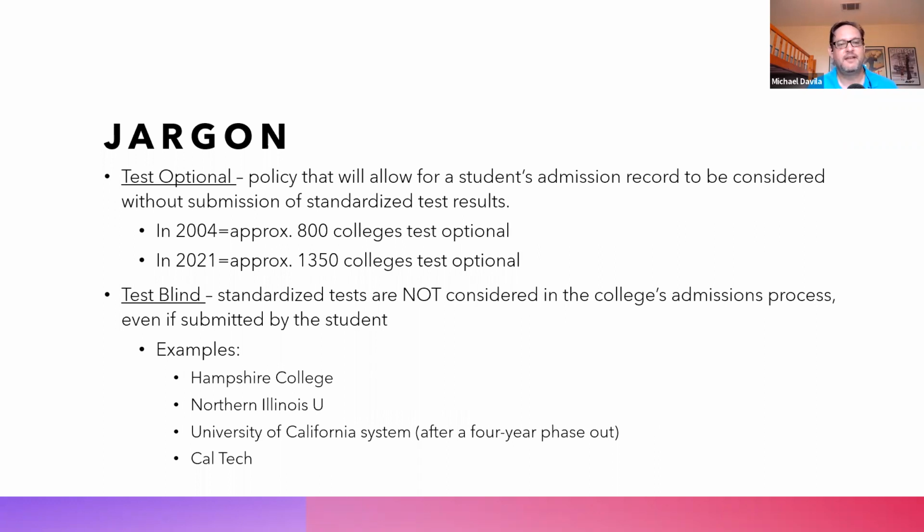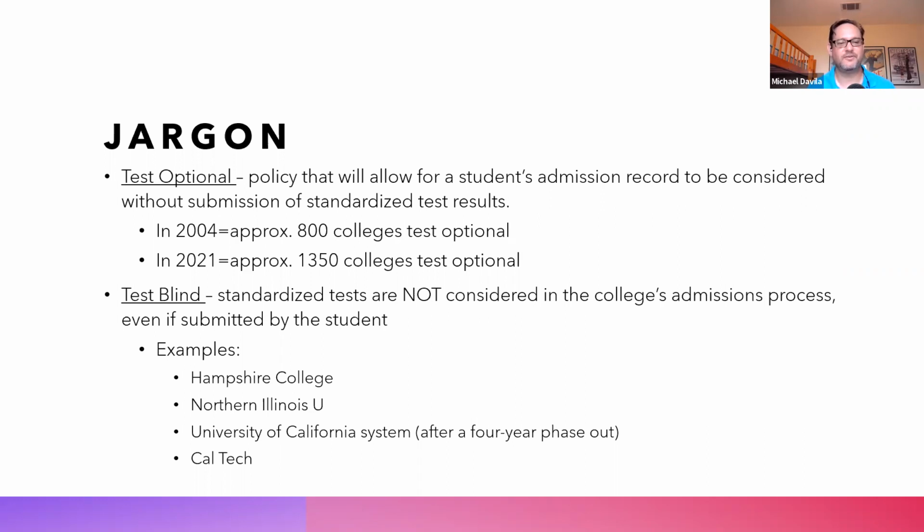Okay, so test optional means that if the student says that they're going to submit tests, the colleges will go ahead and take in that person's SAT or ACT result in the application process. Or if the student elects to go test optional, if the school allows for it, then those things are just not part of the admissions process. They're not going to be looked at. They are going to be looking at other items to make a holistic decision as to whether or not the student is actually going to be admitted to the college or not.